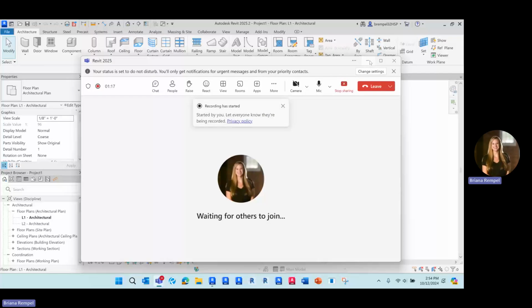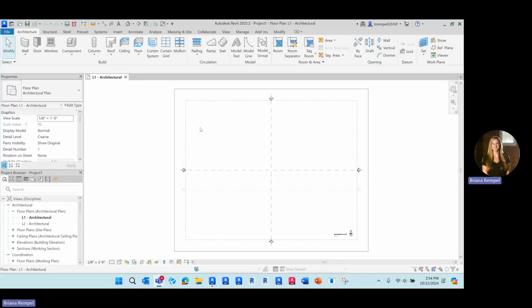In this video, we're going to take a look at modeling custom forms. And we're going to do that today using a model in place component. So we're very familiar with our components and our Revit families that we load in that are external files. But this one, a model in place component, means that it lives only within the project that you build it